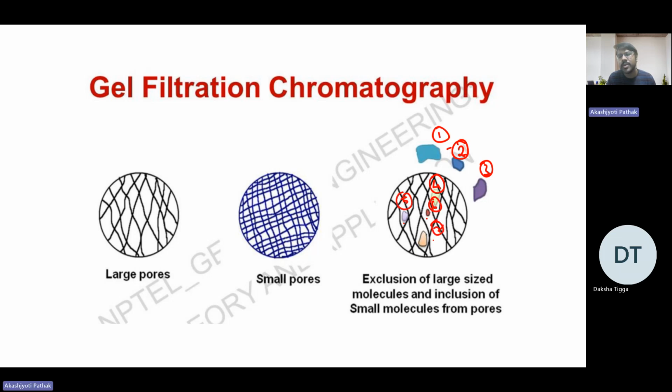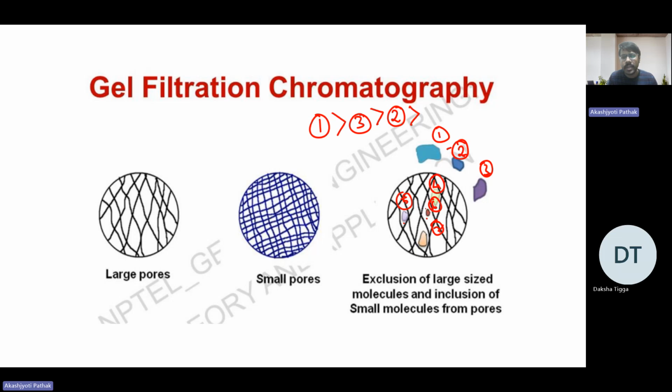So which of these will be eluted earlier? One is having the largest size, isn't it? So one will be eluted earliest. Then followed by it, the third molecule. It is looking bigger compared to the second molecule, so it will be eluted next. Then the second sample will be eluted, second